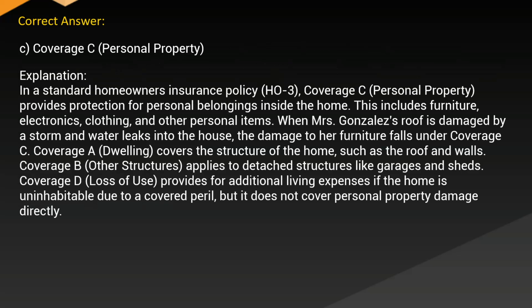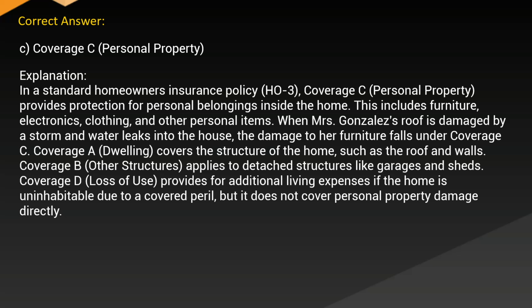Correct answer: C. Coverage C. Personal property. Explanation: In a standard homeowner's insurance policy, HO3 Coverage C, personal property, provides protection for personal belongings inside the home. This includes furniture, electronics, clothing, and other personal items. When Mrs. Gonzalez's roof is damaged by a storm and water leaks into the house, the damage to her furniture